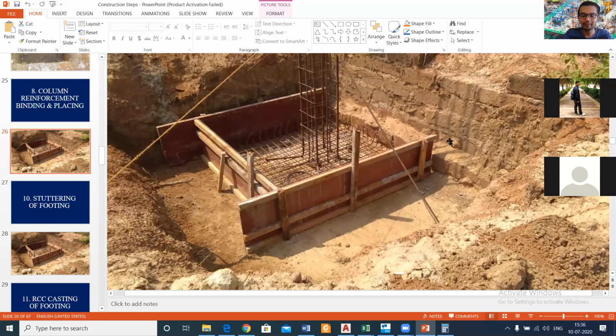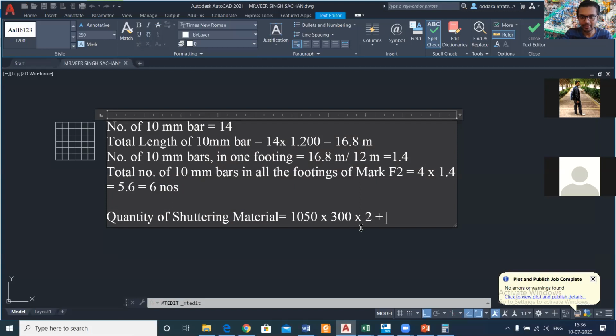So total 75 into 2, that is 150, which we add to 1050. You can do this calculation: 1050 plus 75 into 2, into 300, the depth, and into 2.